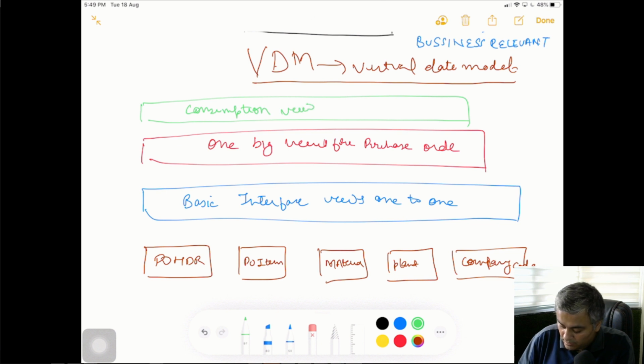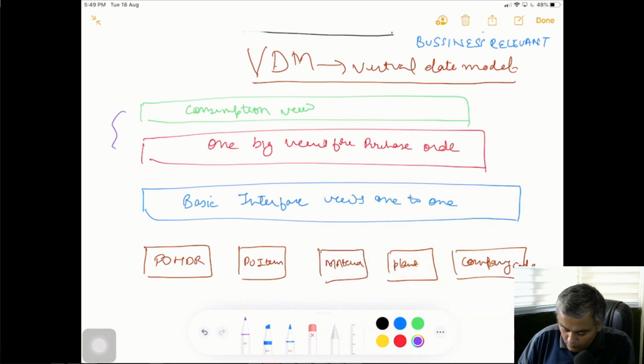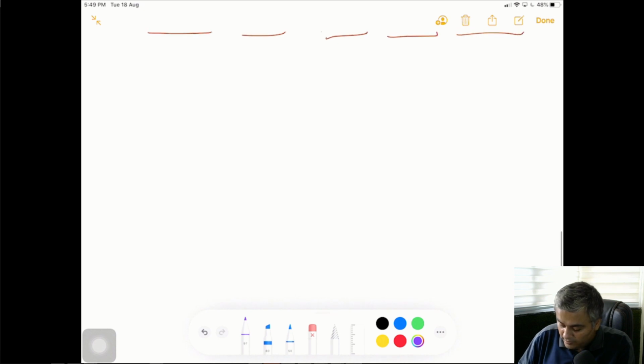So this will be our whole VDM, right? And then once we are done with this, we will create a Fiori elements report app, list one,